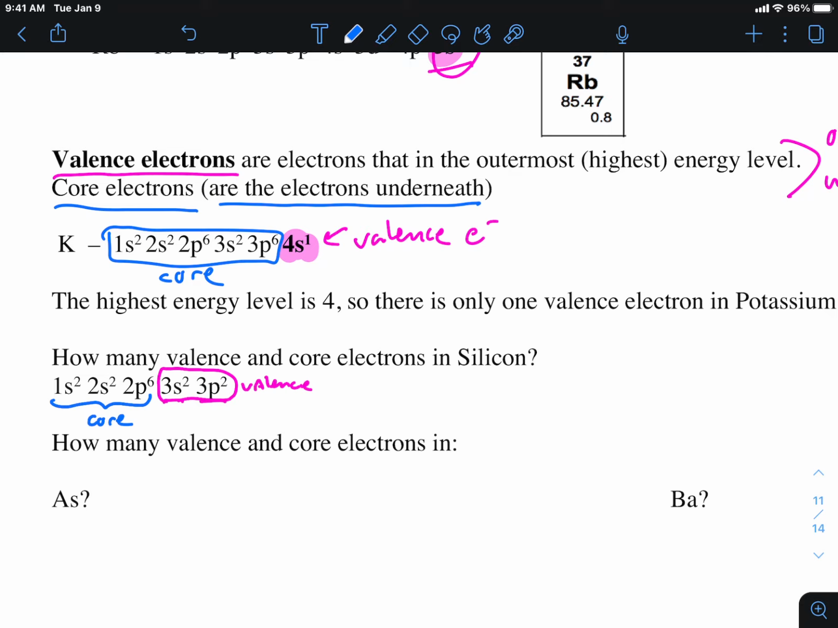Wait, why adding 2 valence? Because the valence electrons are defined as the electrons in the highest energy level. Because S and P are both in energy level 3. Yeah. Okay, so